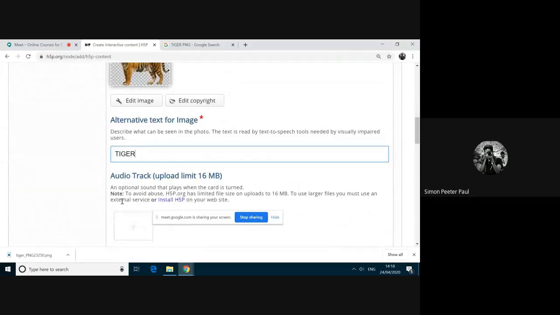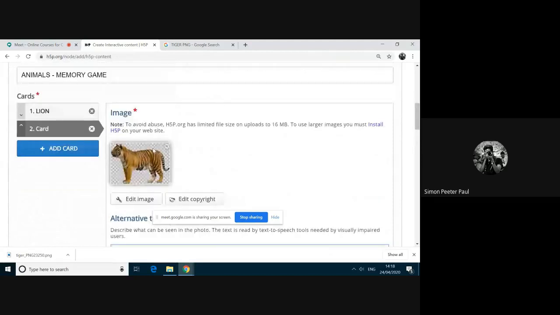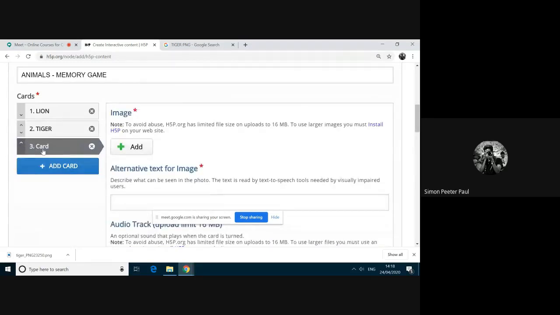And then alternative text for image, I typed tiger. Again, I want to add one more card here. To add one more card, here the plus symbol, add card. This one is given. Again, I click this add card. See, I am getting one more card. Here to add another image, I am going to add an elephant.